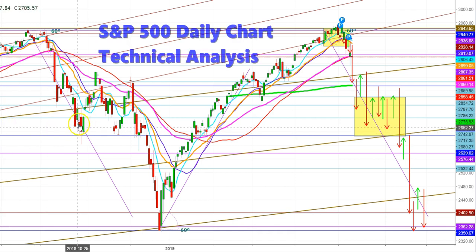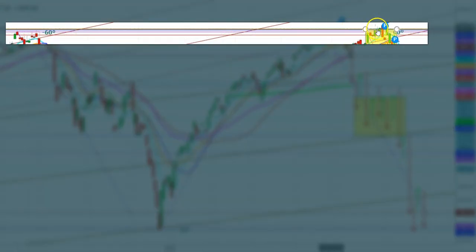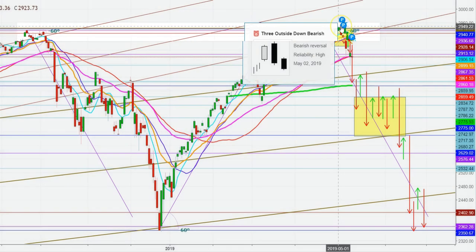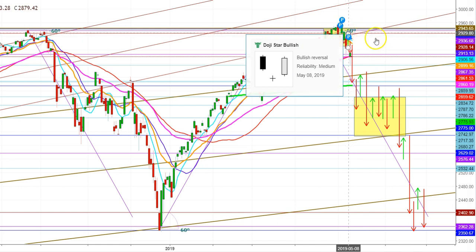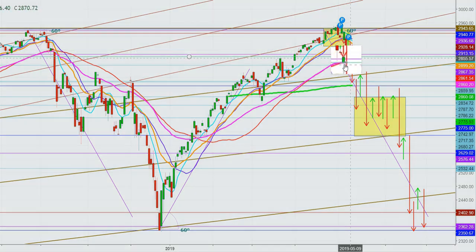Let us start the day to analyze the movements of S&P 500 in different time frames. Friends, as I have already explained in my previous video, the S&P 500 has formed a double top here. First top was made on September 24, 2018 and second top has been formed on 1st May 2019. Since then, here you can see that the S&P 500 futures have started to slide downward and currently have found